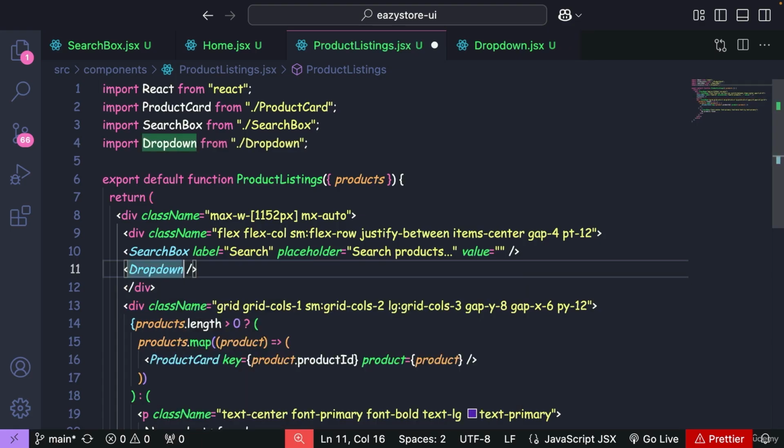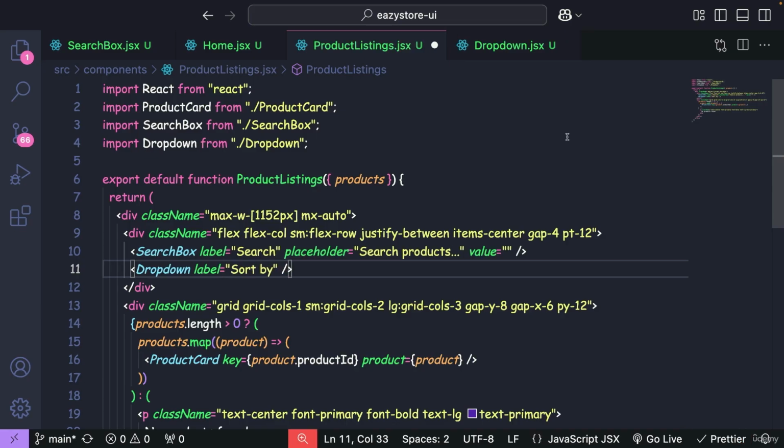After the search box, I'm going to create the drop-down component. And to this drop-down component also, first I need to pass the label. Here also I'm going to mention hard-coded value, which is sort by. After the label, we need to pass the options. Here we can try to mention an array of values, but instead of defining here directly, what I'm going to